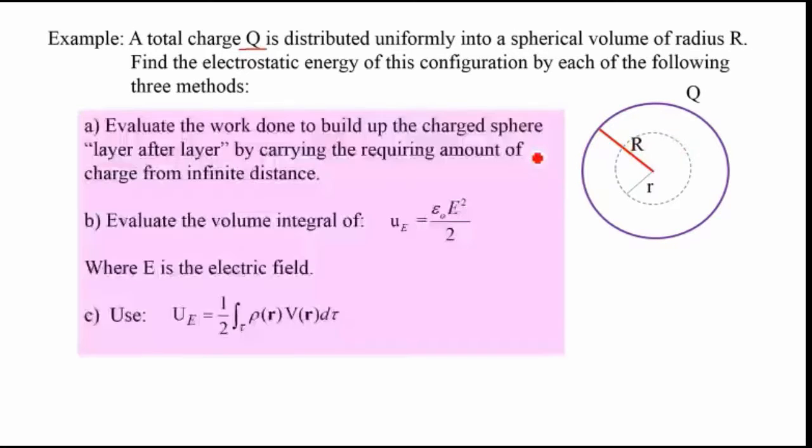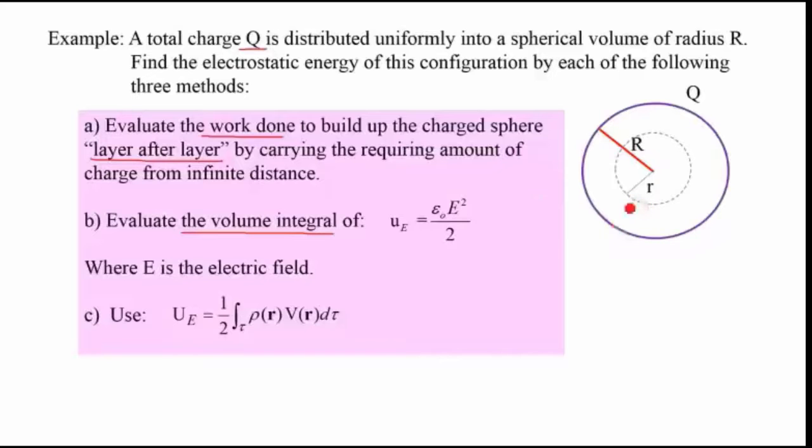We're going to use three methods. The first is to get the work done to build up this sphere layer by layer. We're interested in the work done to carry charge from infinity to build this sphere. The second method will be to evaluate the volume integral over all space of the electrostatic field energy density, little u sub e, which is equal to epsilon 0 E squared divided by 2. Just to remind you, this integral will be over the space outside of this charge density